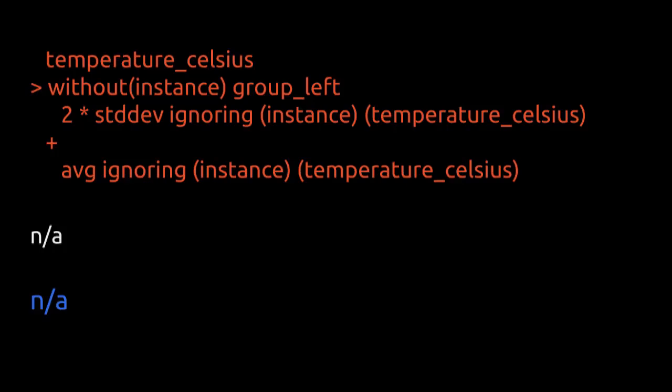Now the label matching doesn't work, because here the instance label is gone, but for individual measurements we still have the instance label. So we have to tell PromQL not to look at the instance label, and now a value here will match multiple values here, right? Because I have multiple values from, let's say, Berlin and Germany, and I have an average for Berlin and Germany. So I have to tell it group left, so the left side has a higher cardinality. So this is the vector matching of labels,